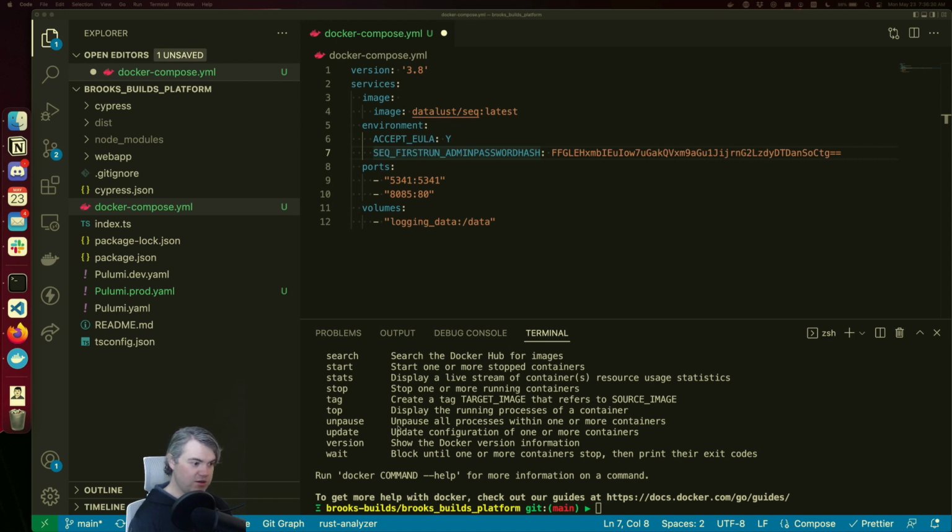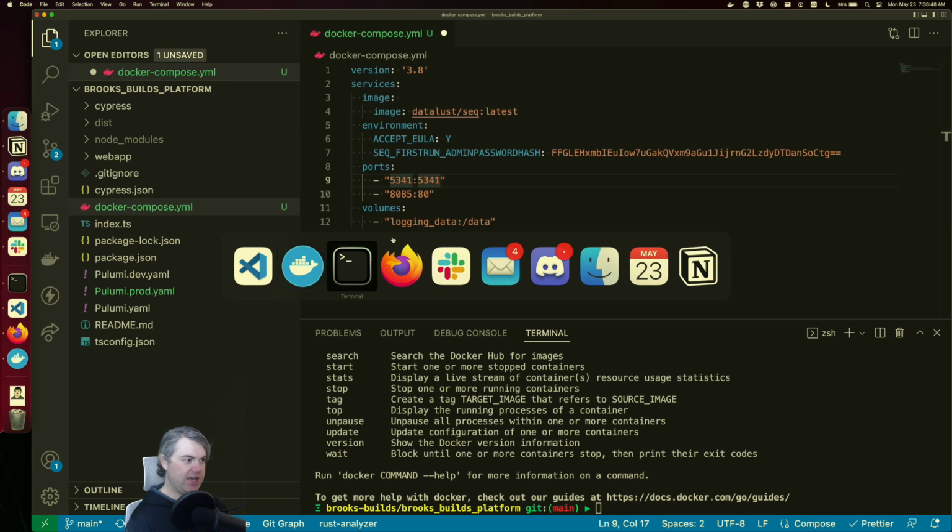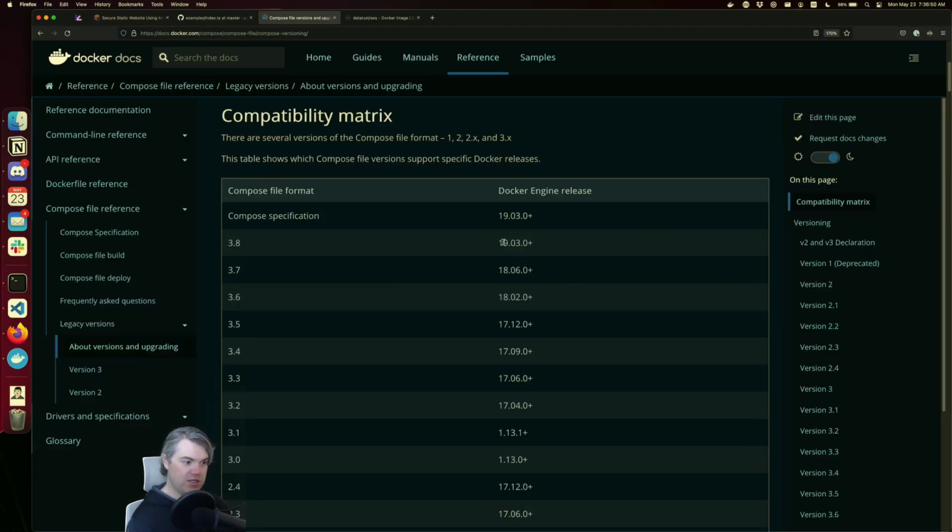Oh, you want to look into update configuration of one or more containers? Yeah, I haven't really done that. I usually just tear everything down and then bring it back up again. That's usually what I end up doing. Okay, so Docker Engine is 20.10.13. Looking at this documentation,